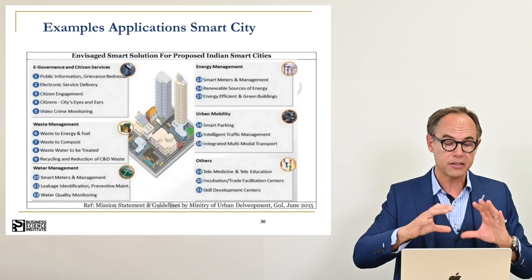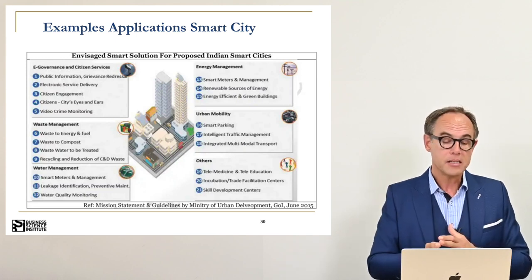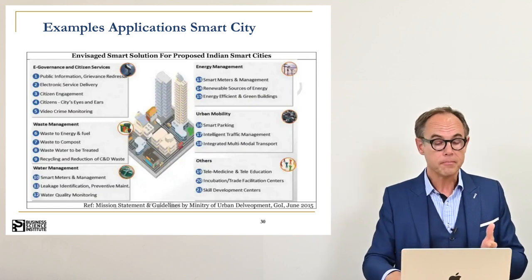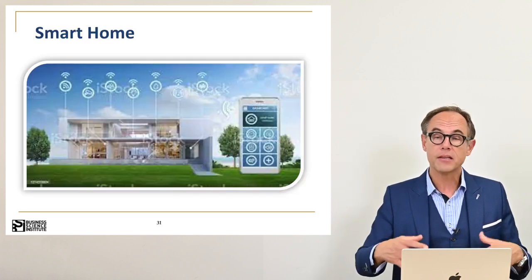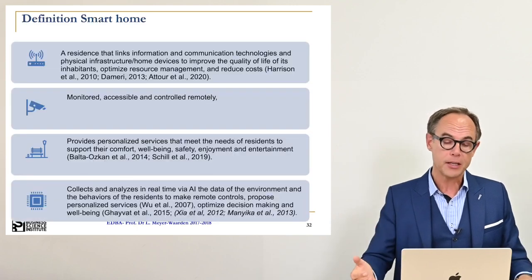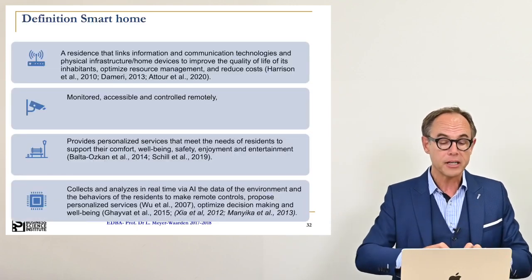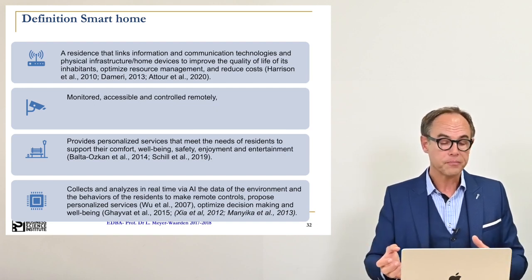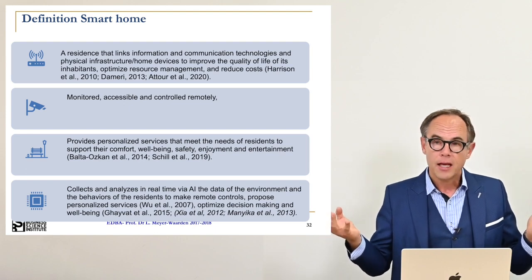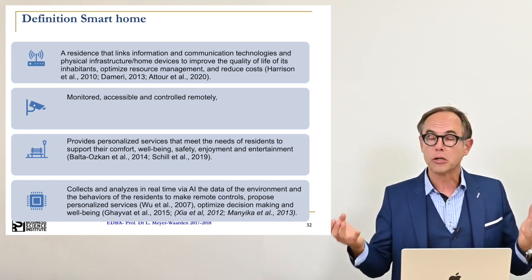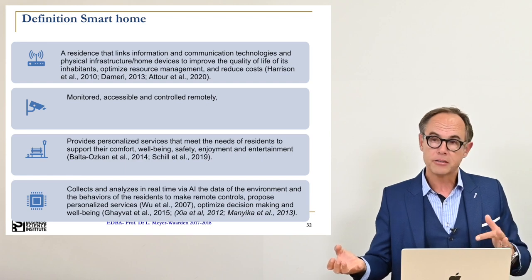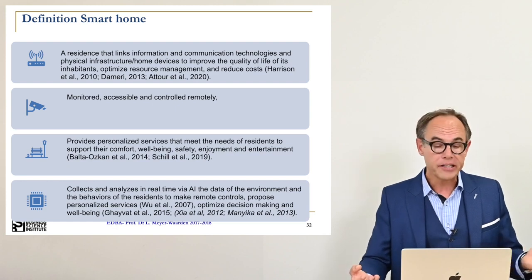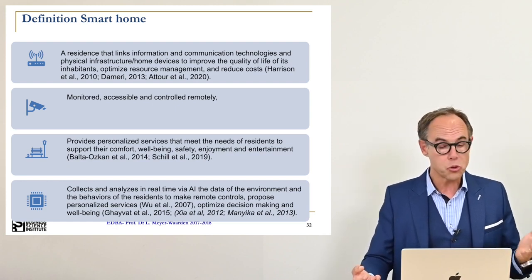So it's a very complex concept, and naturally strongly related to the smart city at the micro level. It's a smart home, which is actually defined as a residence that links information and communication technologies like smart cities, but on the micro level, to a micro apartment in order to improve the quality of life, and it's based on the same technologies. The aim is to monitor and control the apartment remotely to make it safer and to automatize repetitive, boring tasks which might be perceived as a chore.